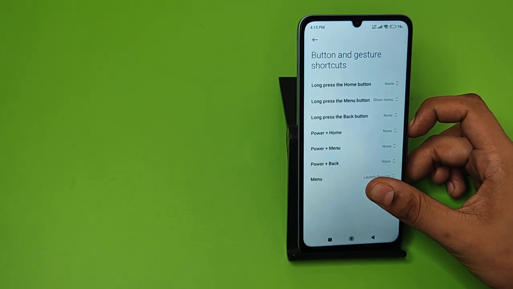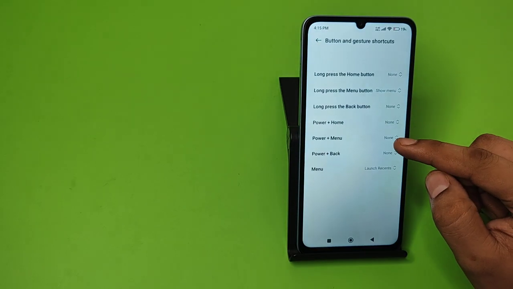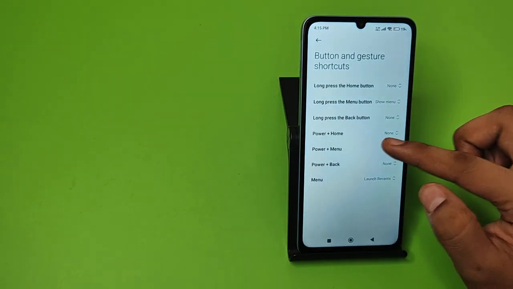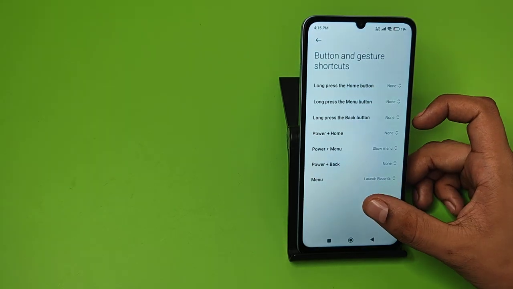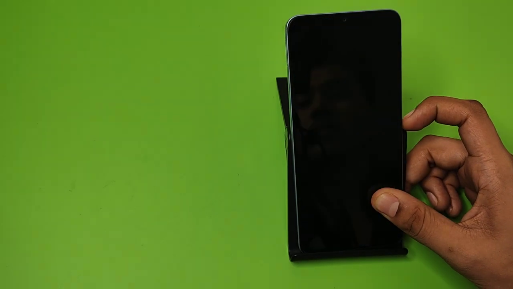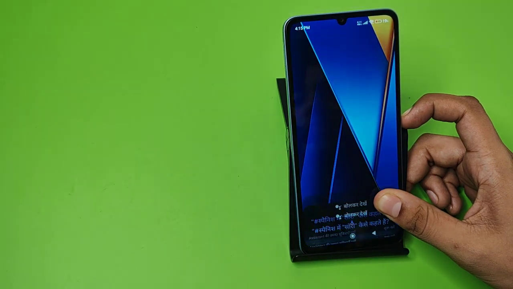And you can see when you just click on the power button, just click on this, click on show menu, just replace it and click on the power button. You can see